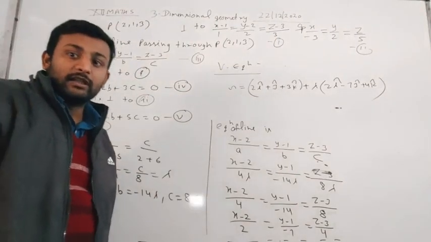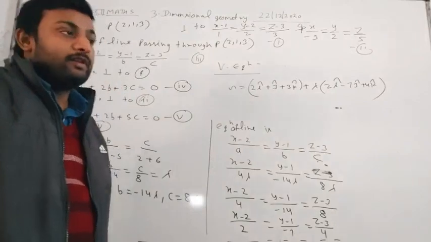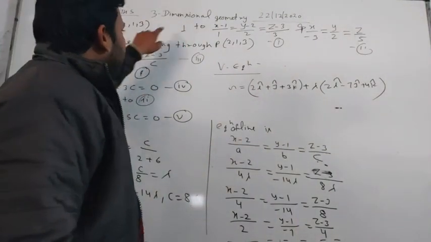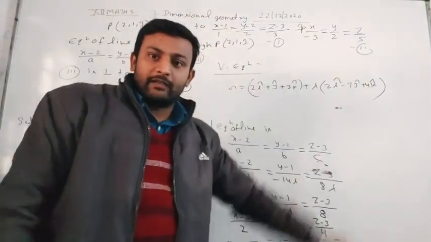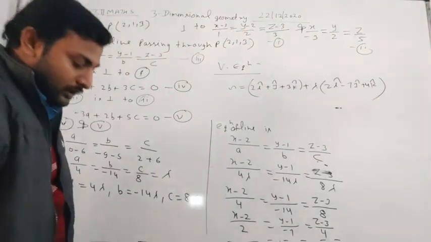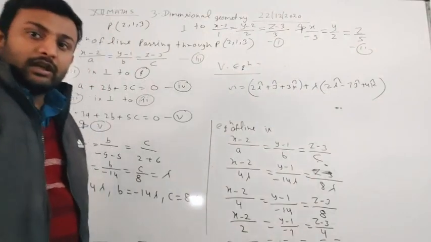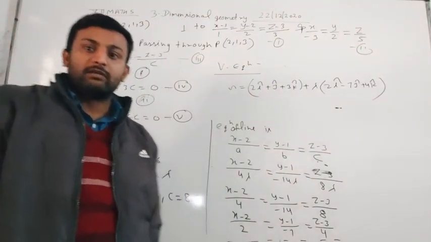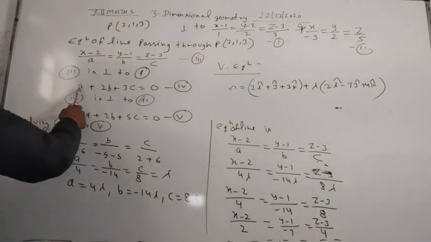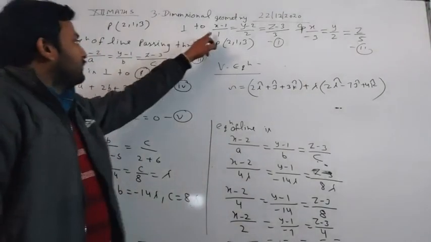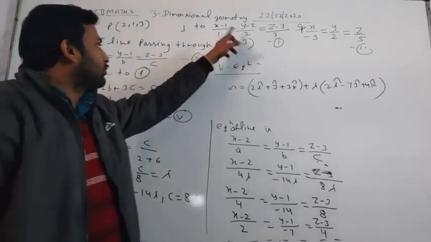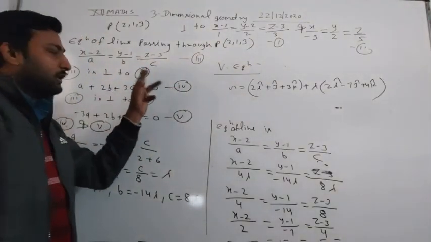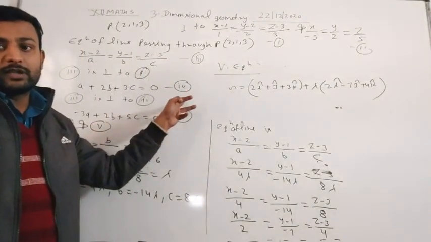When we find the value of a, b, c, we will put it here and get our result. To find the value of a, b, c, we are given the information that this line is perpendicular to this line and this line. So we use the condition of perpendicularity of two lines. And this condition is what? A1 A2 plus B1 B2 plus C1 C2 is equal to 0 students. So we write A1 A2. So this is A into 1 plus B into 2 plus C into 3. So we can write a plus 2b plus 3c is equal to 0, and this is equation number 4.